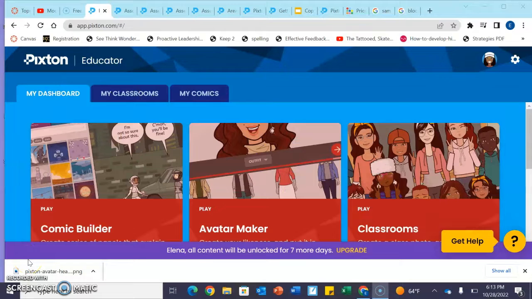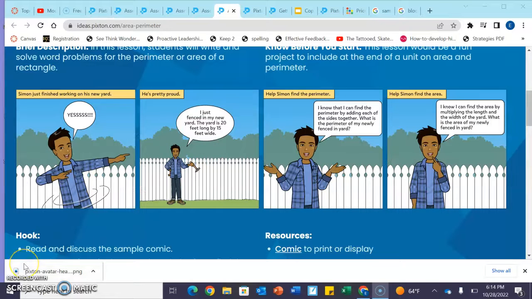As far as Bloom's, this has the potential to move to that creative stage because students are able to use information to create something new. It just depends on what they're learning and what they are doing with their comics during this time. And as far as the SAMR model, I would say this is more of a modification model, because students are manipulating things, but depending on what they are learning and wanting to